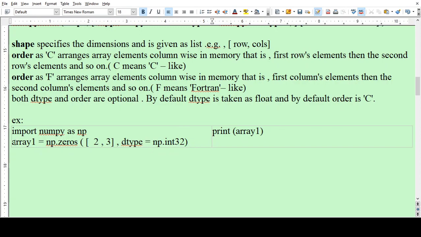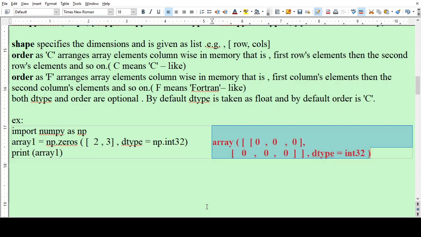So here one array will be created and its dimension will be 2 cross 3, and all the elements will be 0. You see the output: this is an array of 2 cross 3, all the elements are 0, and their data types are integer.